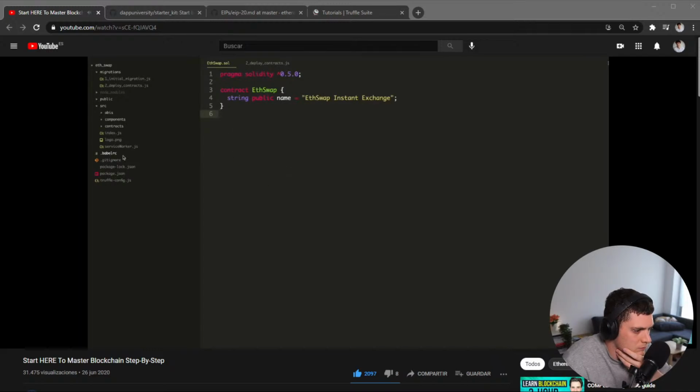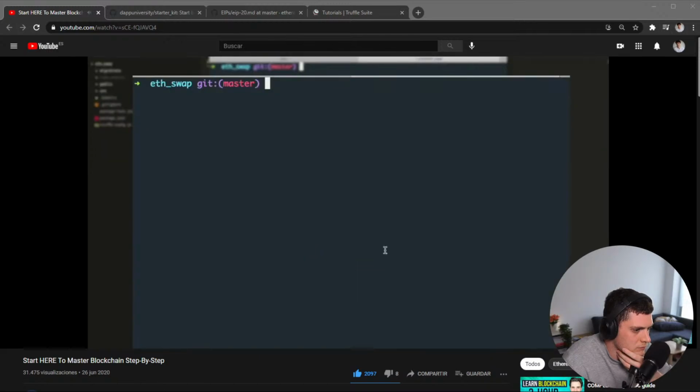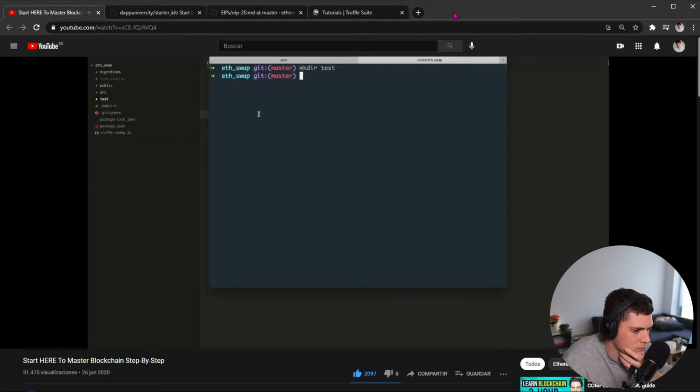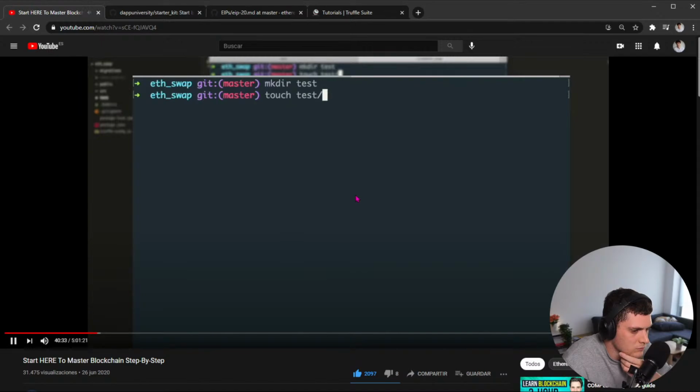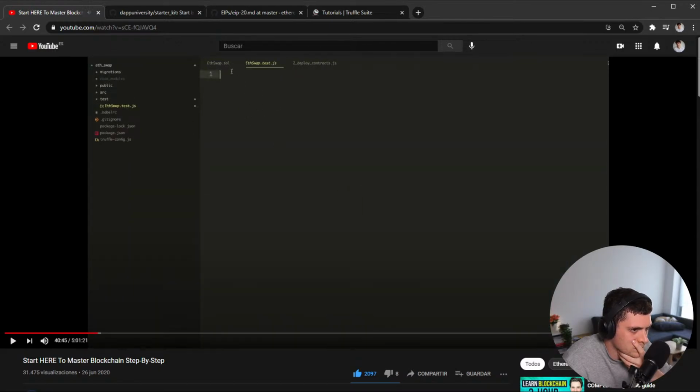All right. So Truffle lets us write tests like this. We can basically just create a new directory. Right inside of here, we can say mkdir test. All right. So you can see a new folder was created here. And this is where we'll create a new file. We'll say touch test ethswap.test.js. Okay. And then you'll see that a new file was created here. All right. So this is the file where we'll write